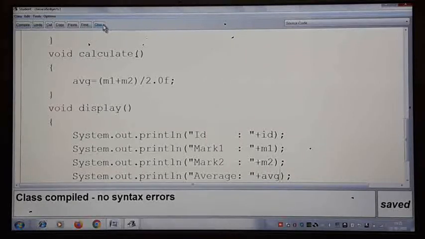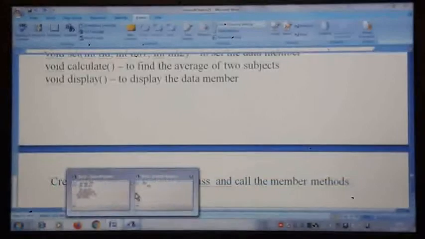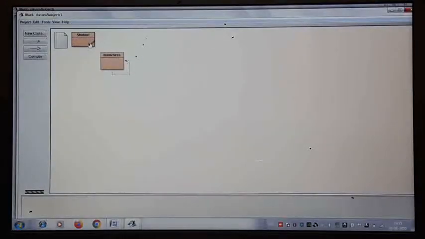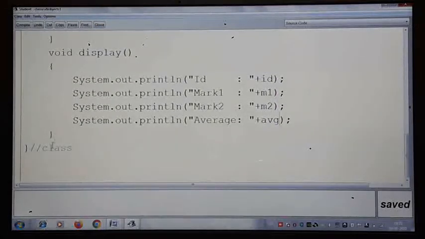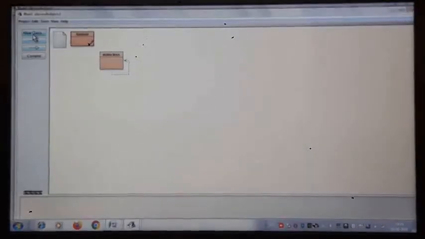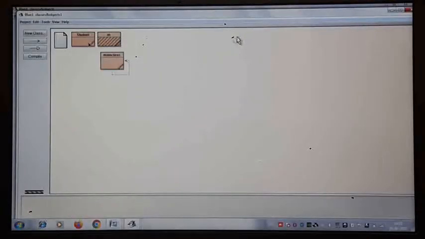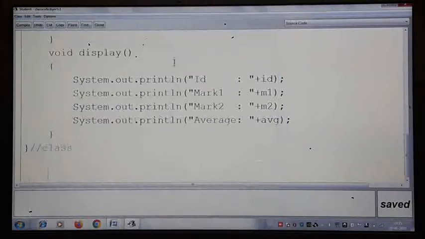Yes. The main class can be one more program you can create. Now the student class I created, one more public class you can write in the same program, or you can create one more as a main class. While typing, whatever class name I type will be taken as the same name.